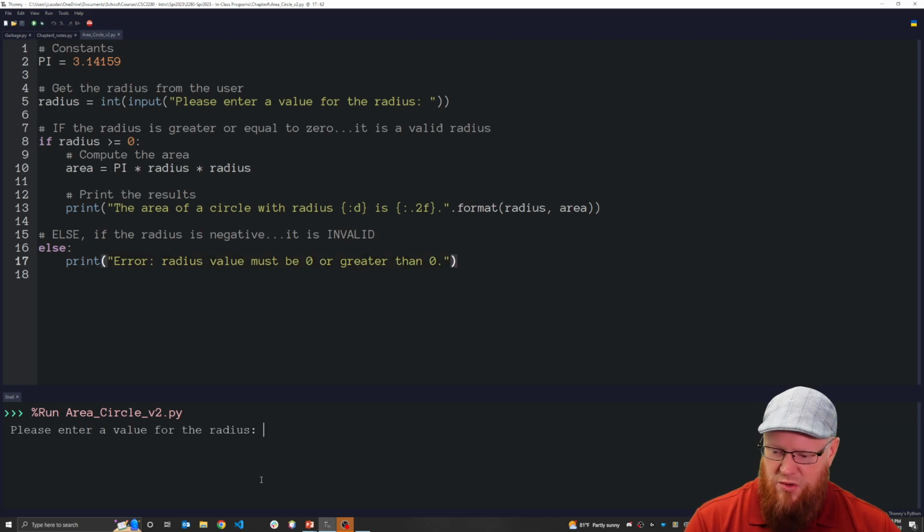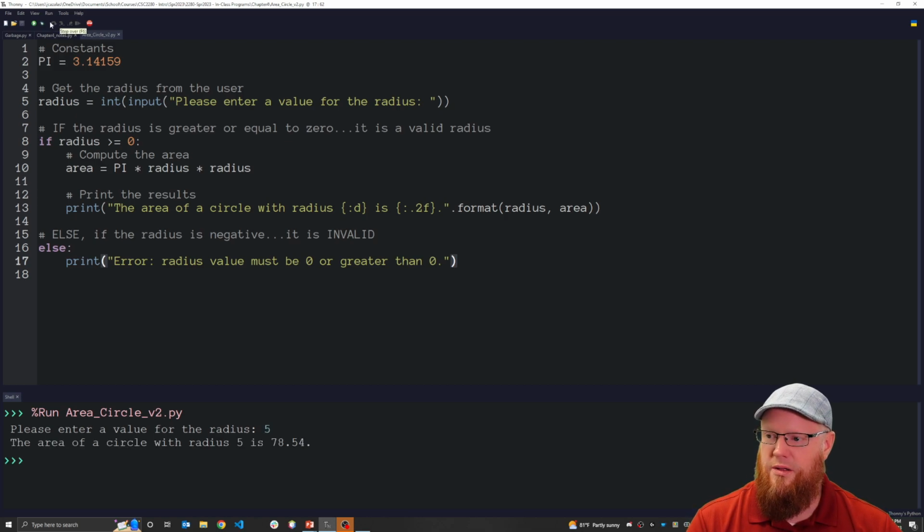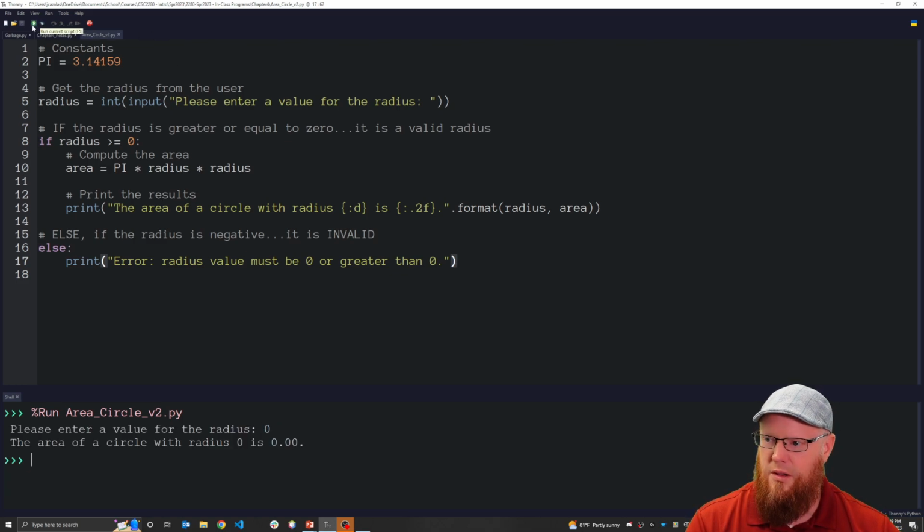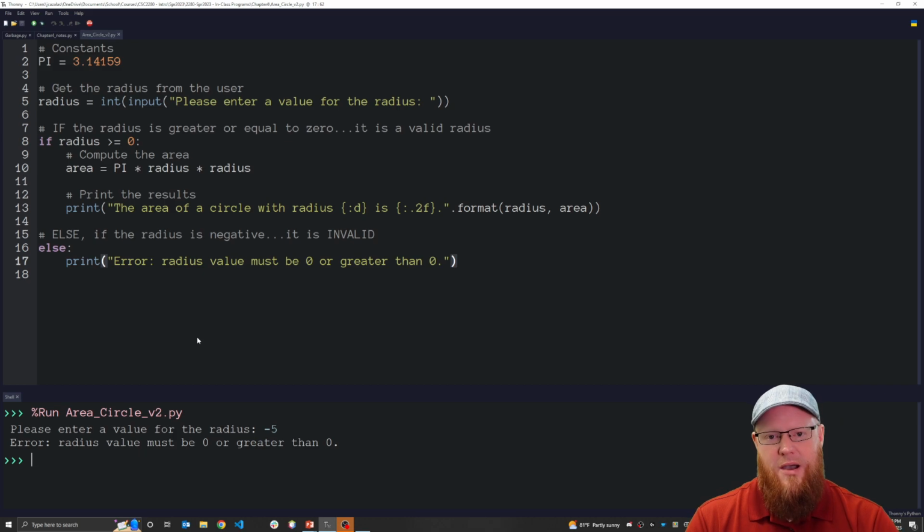When we run it, enter a value for radius, they enter 5, all is well. They enter 10, all is well. Someone enters 0, all is well. But when they enter a negative number, error, radius value must be 0 or greater than 0. And so this is how we can now have different pathways through our program. This idea of using an if statement, and even here we used an else statement in case that if statement